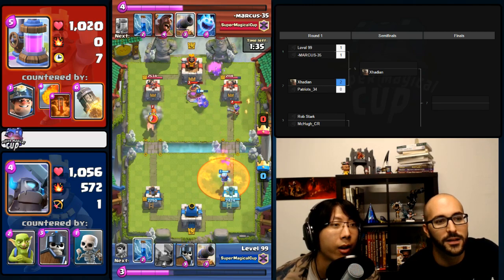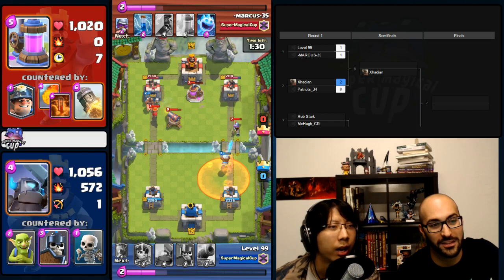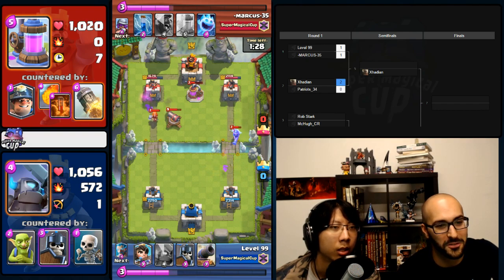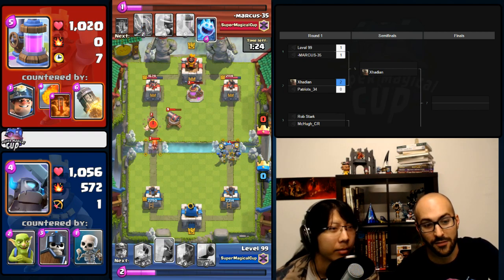Oh, here comes a fake out, and the Miner is going to tank both towers. I like the fake out. And the cannon comes down a little too late. Nice, and the zap means 3 swings. Wow, pretty smart there by level 99 to be able to punch through some damage. Good. And that cannon now is off cycle. Like if he can get another...